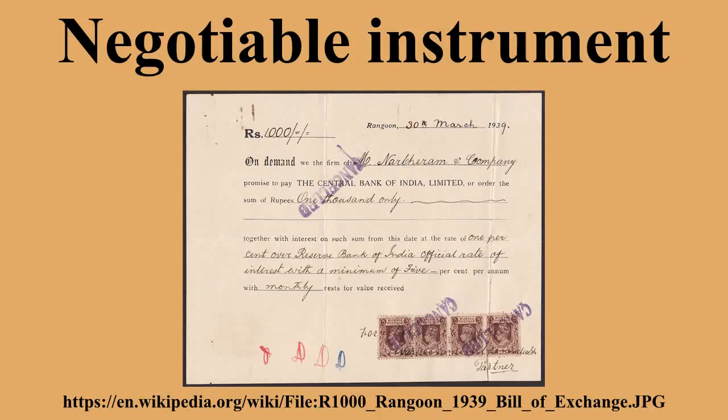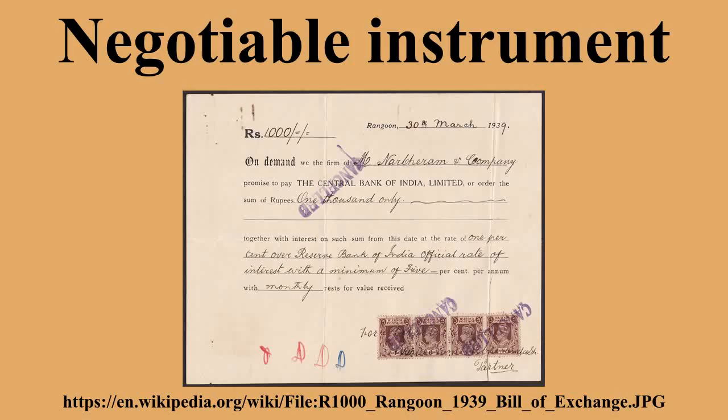A bill of exchange is essentially an order made by one person to another to pay money to a third person. A bill of exchange requires in its inception three parties: the drawer, the drawee, and the payee. The person who draws the bill is called the drawer. He gives the order to pay money to the third party. The party upon whom the bill is drawn is called the drawee. He is the person to whom the bill is addressed and who is ordered to pay.